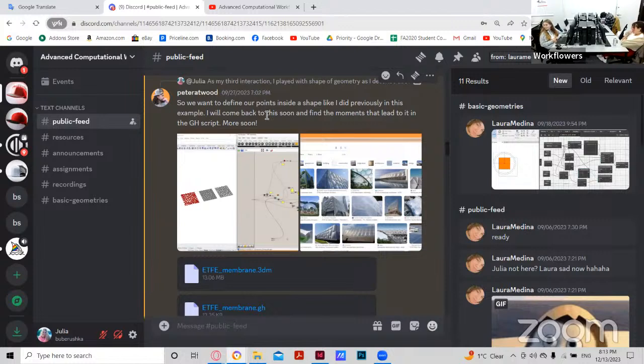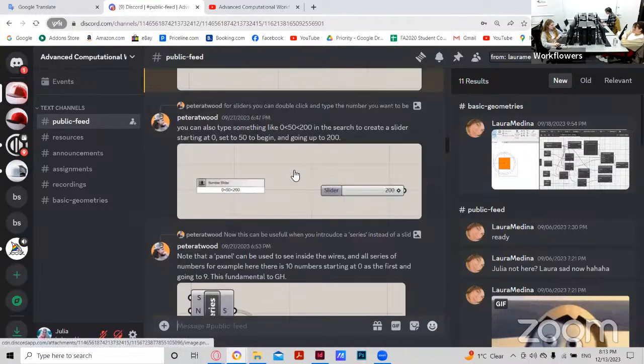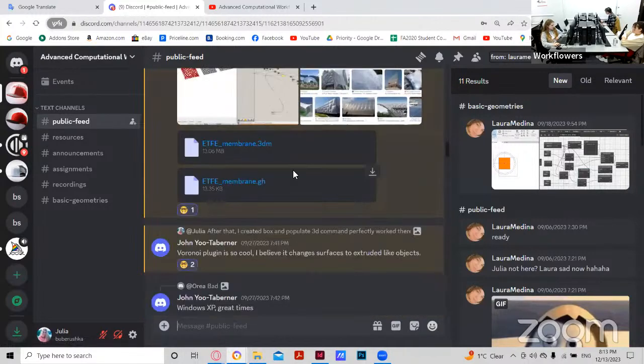And on the ETFE membrane project that was being worked on, I actually had some criticism. I didn't at the time because they were working to get something done and I really liked what they were doing, but it seemed a little superficial in nature, in the way in which they were applying it, in that it was just like a shape. And we didn't get into why are we using Voronoi? Why are we using this? And with this, I would like us to move on to a different post and ask another question. Why are we using spaghetti?